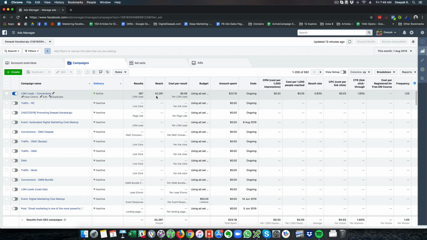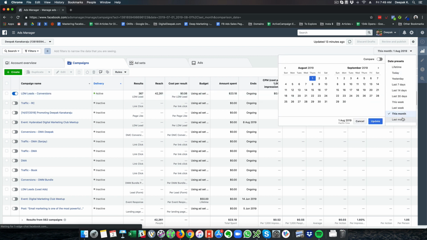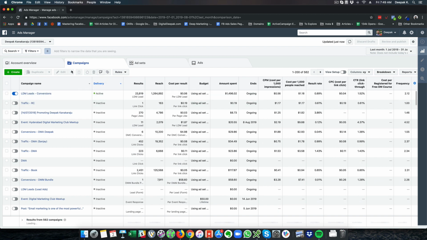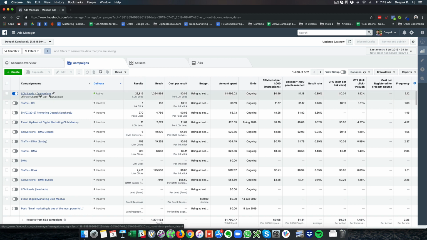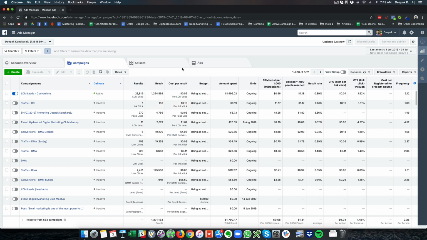So why do we need to build a Google Data Studio report? If I look at the last month statistics, whatever you see on Facebook, the numbers are all over the place. You need to dig into it to look at certain numbers. Let's say I want to look at the cost per impression versus results, and I want a graph between CPM and results, and I want to see how the CPM is impacting the results.